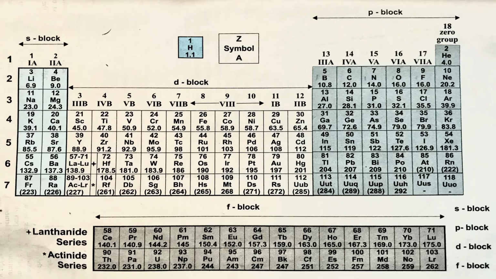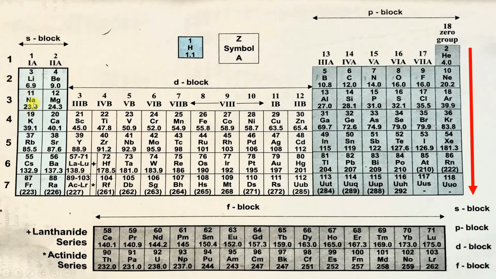Okay, so now guys, can I say that as we move from top to bottom, suppose if you consider the first group, and as you move from lithium to francium, then it is obvious that the size of the atomic radius of an element is going to increase as we move one period below. So if you move from lithium to sodium, the size is going to increase. As you move from sodium to potassium, again the size is going to increase, and so on.